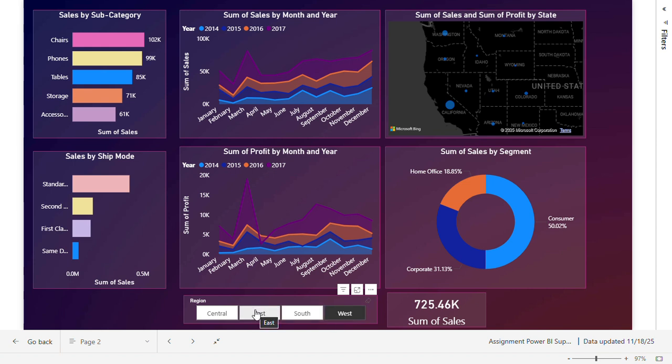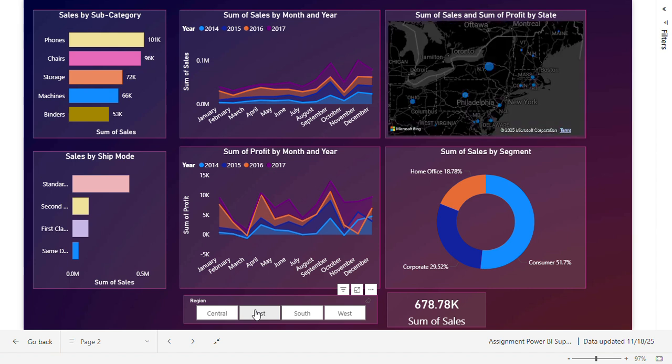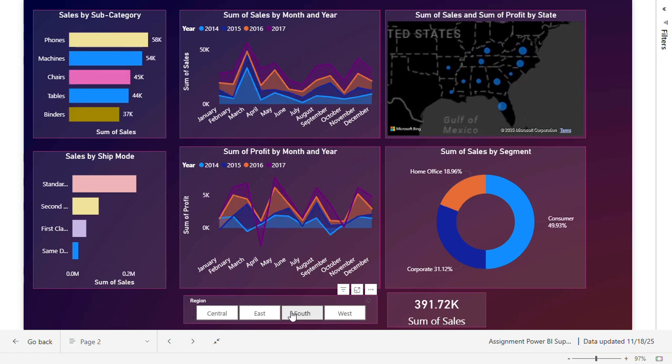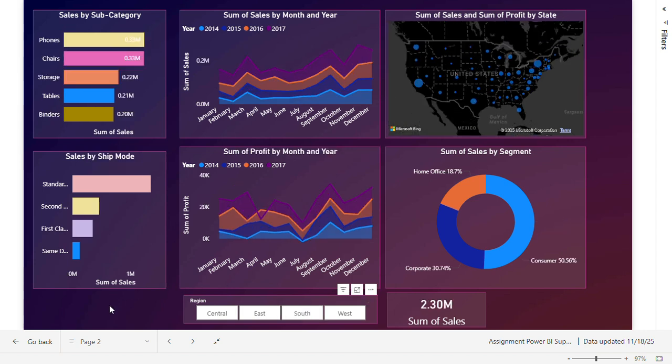When we look at the East region, it also generates strong revenue. When we go towards the Central region, this region often suffers negative profits. But the South region shows a moderate performance. So there is also a state level view, once we clear it, here we can see